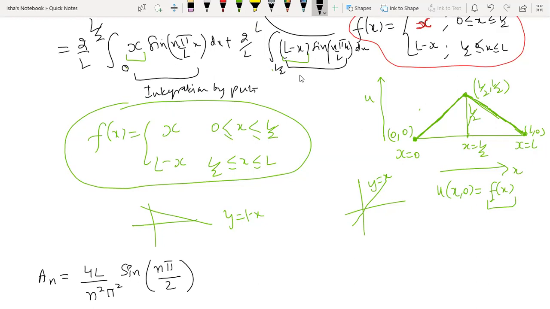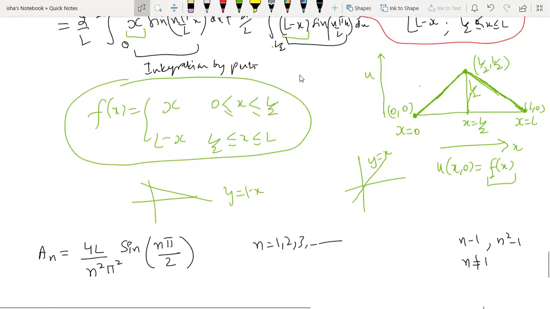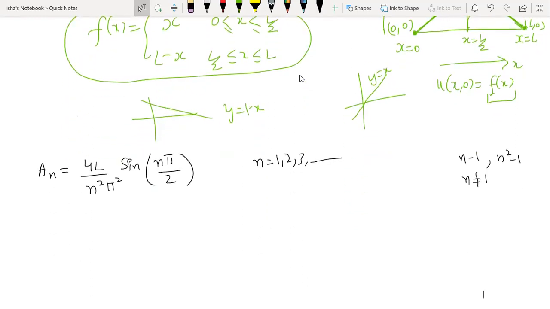So there is no problem with that, because our n starts from 1, 2, 3, and so on. If in the denominator you get something like n minus 1 or n square minus 1, then we know we have to impose an extra condition: n is not equal to 1, and for n is equal to 1, we have to do a separate computation. This is a point which we have seen many times in previous questions. So here also you have to take care of the same things. But here, at least in this question, there is no issue with the n square coming in the denominator. So this is the value of an, right?